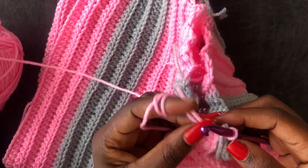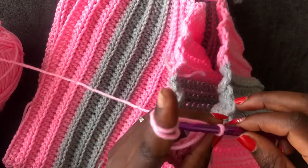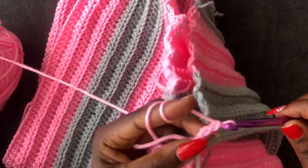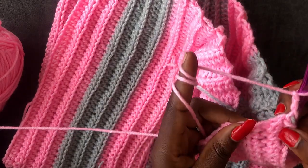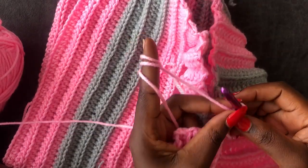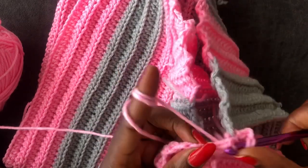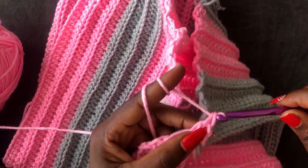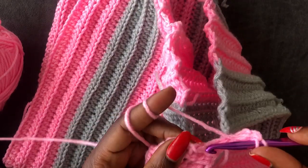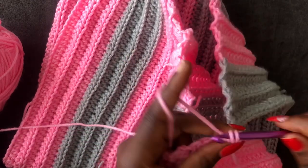After the slip stitch, make a double crochet. For a double crochet, we first chain 3, and in each half double crochet we are going to be putting 2 double crochets. So wrap up your yarn, go into the half double crochet and put a double crochet. Wrap your yarn, go into the next with 2 double crochet,